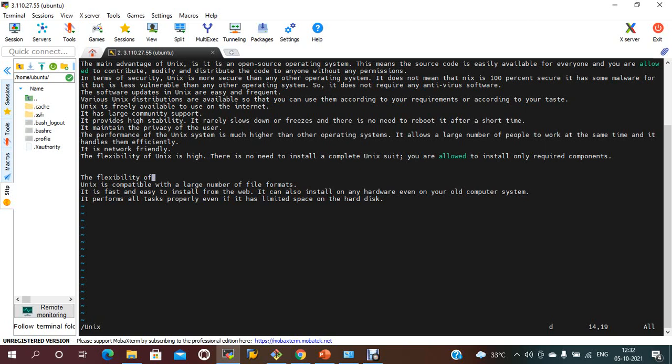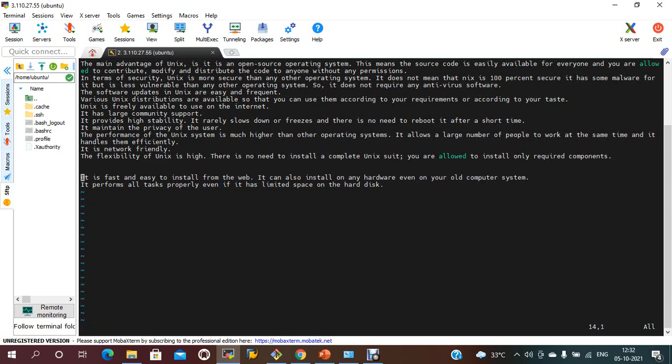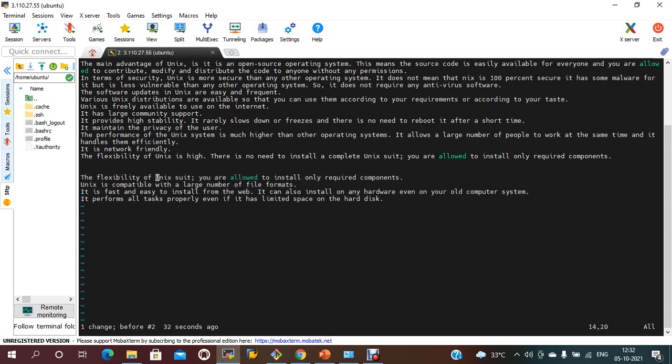If I want to delete a particular line, press dd, and the complete line will be deleted. If you want to undo, just press u, and you get back whatever you deleted.